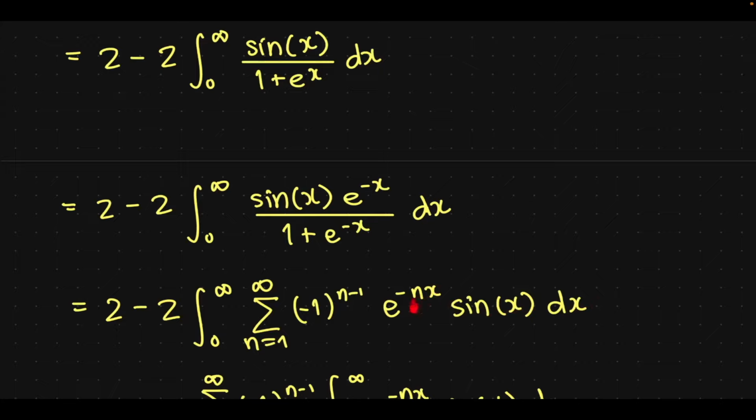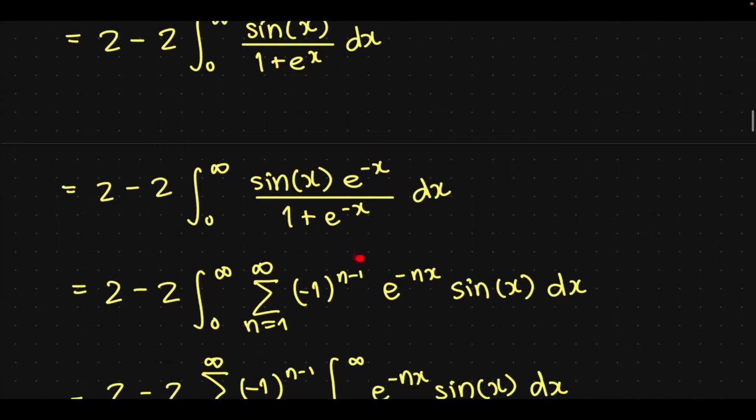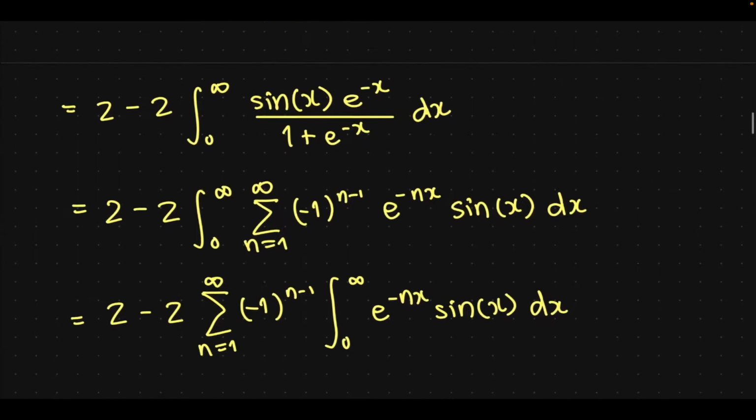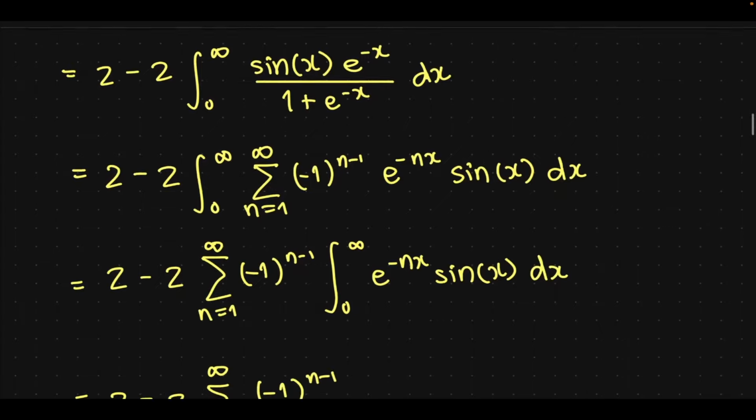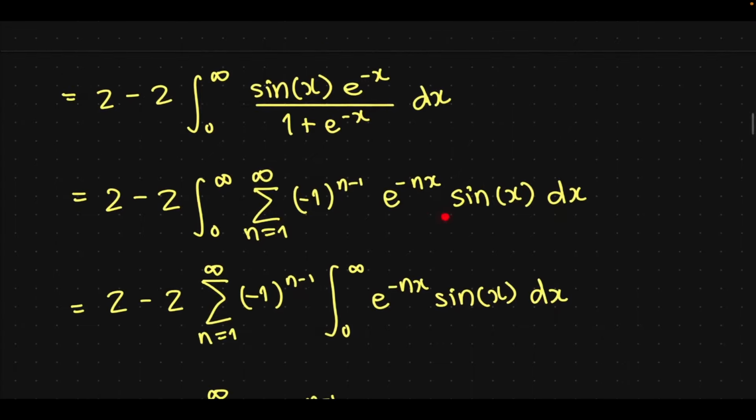So this is the formula a times r to the n minus 1. In this case, a, which is the first term, is e to the minus x, and the common ratio is negative e to the minus x. That's why we get the alternating signs here. And again, now the geometric series converges well within its radius of convergence, and we could even have used the dominated convergence theorem for this. But the point is, none of this really matters right now,